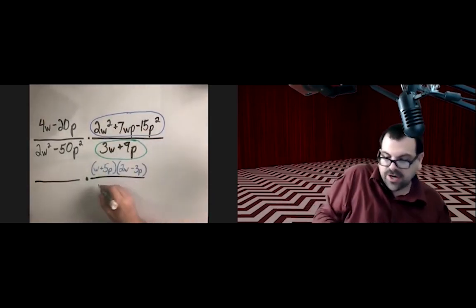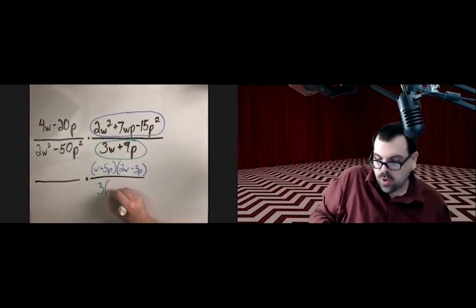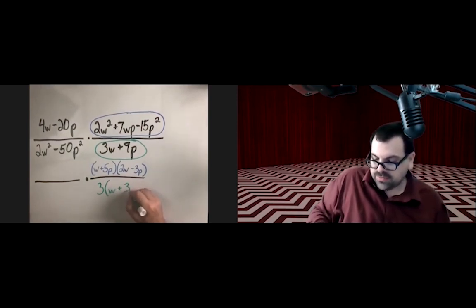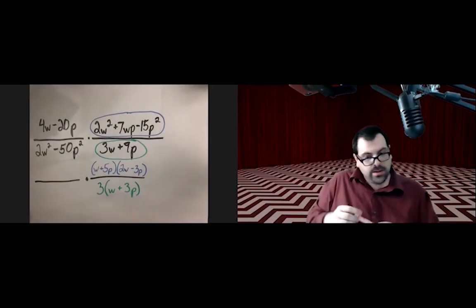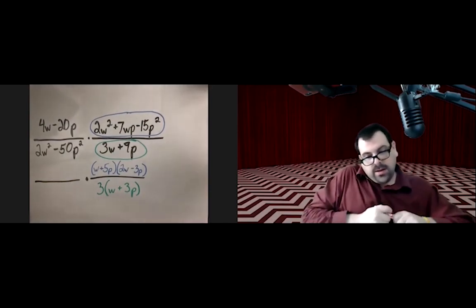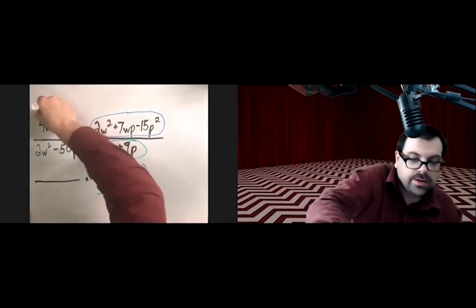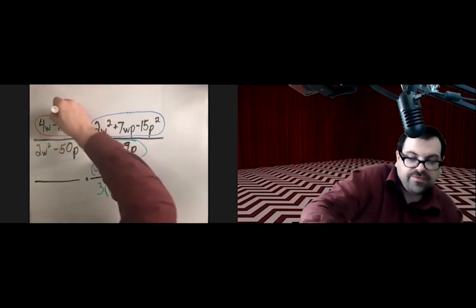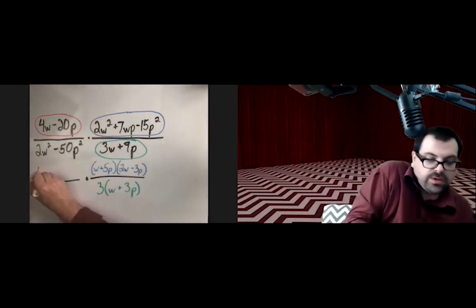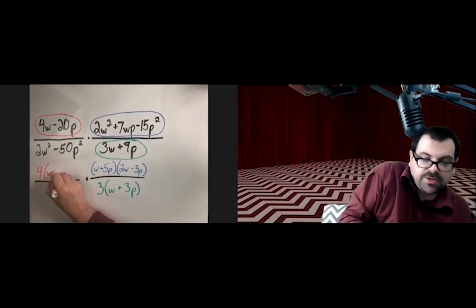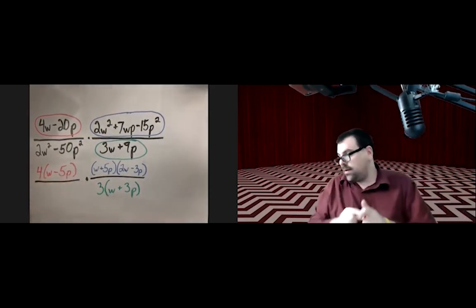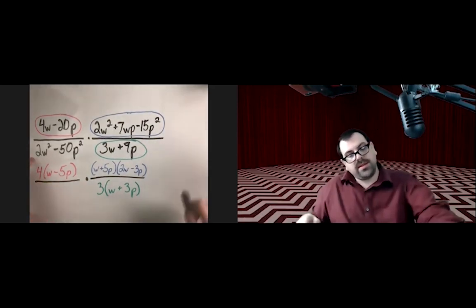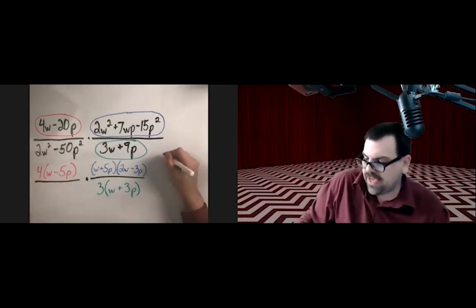This one we can factor out a 3. We're left with w plus 3p. Here, we can factor out a 4. We're left with w minus 5p. This one, let's factor